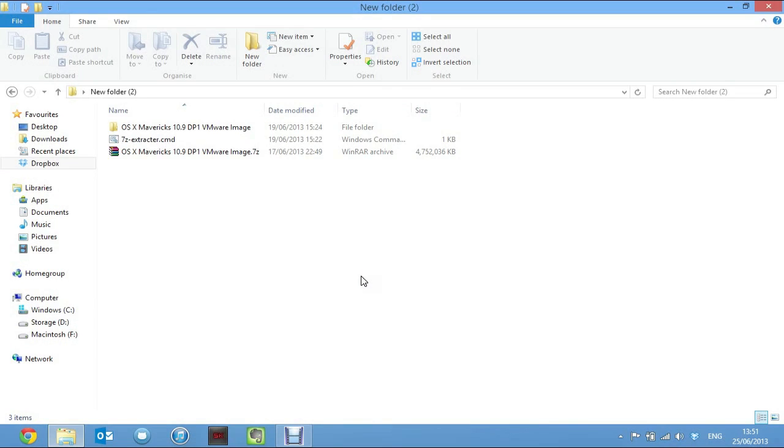Because of this, Intel users are perfectly fine, but AMD users are probably out of luck, just because this is a completely stock installation. There's nothing modified at all from the actual system, so it's exactly as if you just installed it on a Mac. Whereas in my other builds, I do optimize a few various things to make it a bit better. So AMD users, you're welcome to try, but don't be expecting anything great if it does work at all.